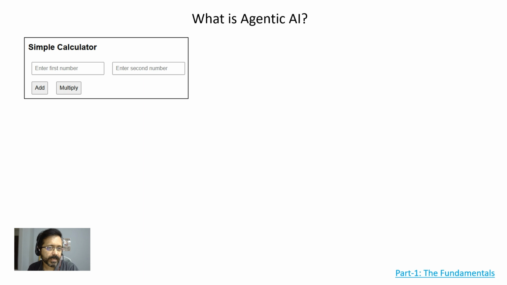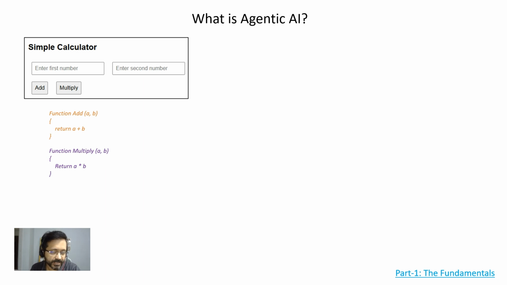So consider an application which does some calculation. The user would provide two numbers and, based on the need, either he or she will click on add or multiply. So how would a typical implementation in a programming language look? You would have a function called add where you'll be passing two parameters and it will give you the addition. Similarly, you will have another function which will do the multiplication, and then another very important thing,